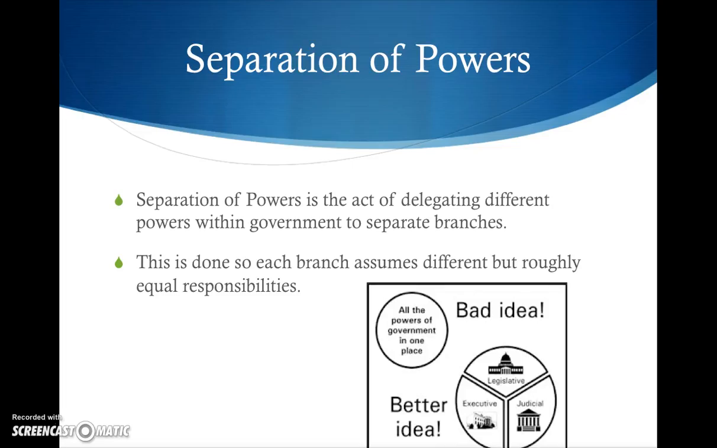So, first off, separation of powers. Separation of powers is the act of delegating different powers within government to separate branches. Basically, what this means is there's not one branch that holds all the powers of the government. There are multiple branches, each holding different responsibilities, but in the end, they roughly hold equal weight in carrying out